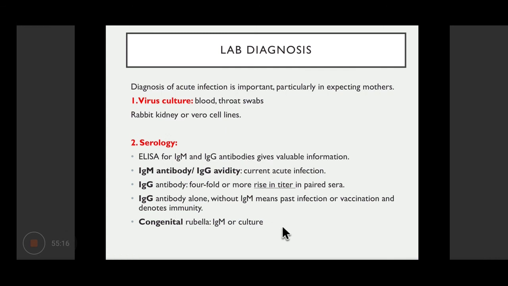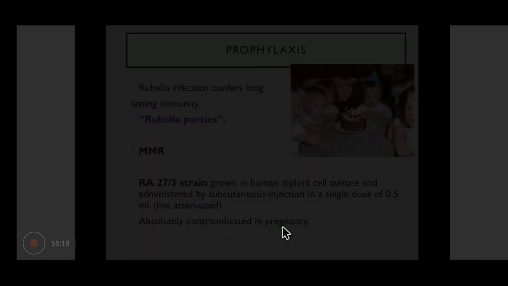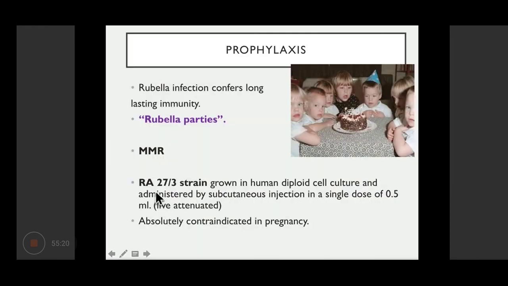Okay, so for prophylaxis we have the MMR vaccine, which is now used, and that uses the RA27/3 strain. Again, it is a live attenuated vaccine given along with measles and mumps. This vaccine is contraindicated in pregnancy because it is a live attenuated vaccine, and live attenuated vaccines are generally contraindicated during pregnancy or in immunocompromised patients. Okay, but again, before the discovery of this vaccine,